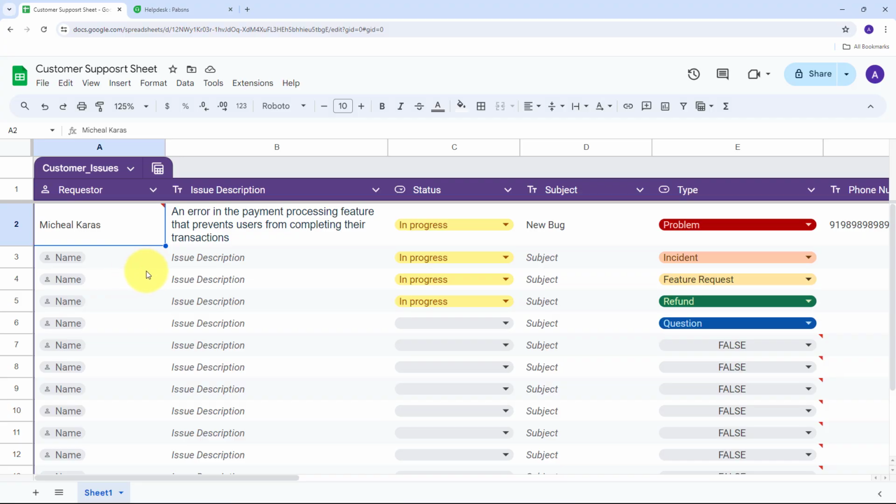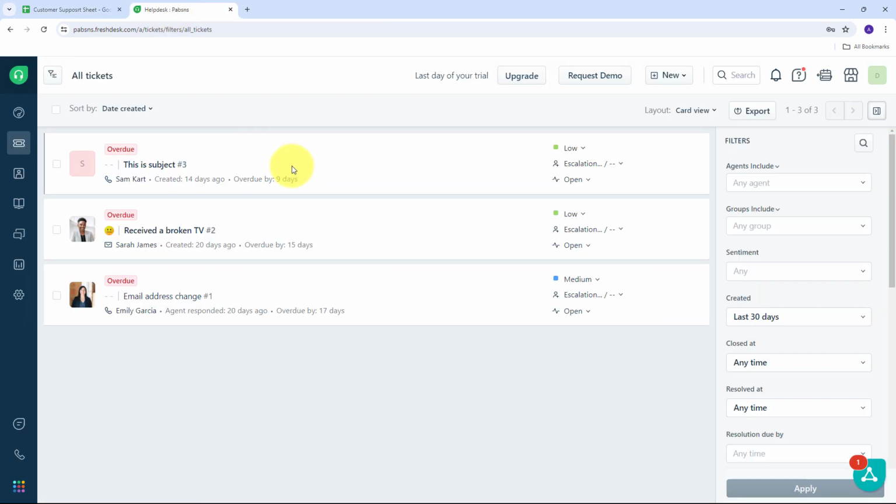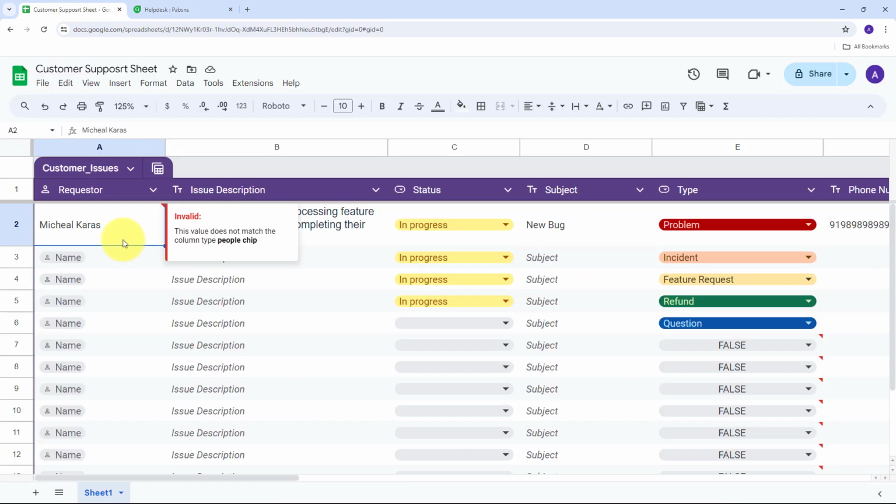I hope you can all see my computer screen, and today we are going to see how we can create Freshdesk tickets from Google Sheet table rows. Effectively managing customer support requests is essential for maintaining high customer satisfaction, and manually transferring data from Google Sheets tables to Freshdesk can be time consuming and prone to errors. This can lead to delayed responses and dissatisfied customers, and automating this process ensures that support tickets are created